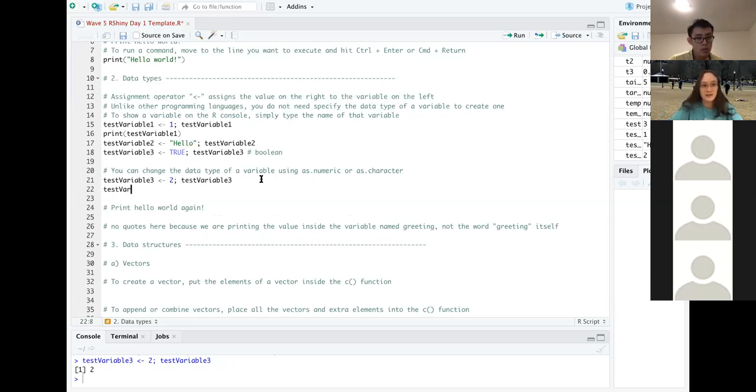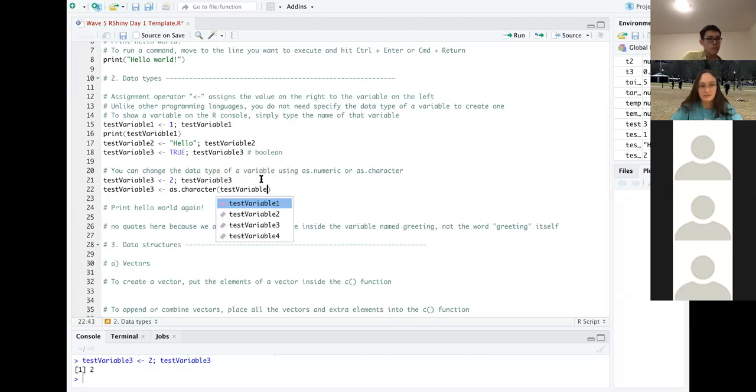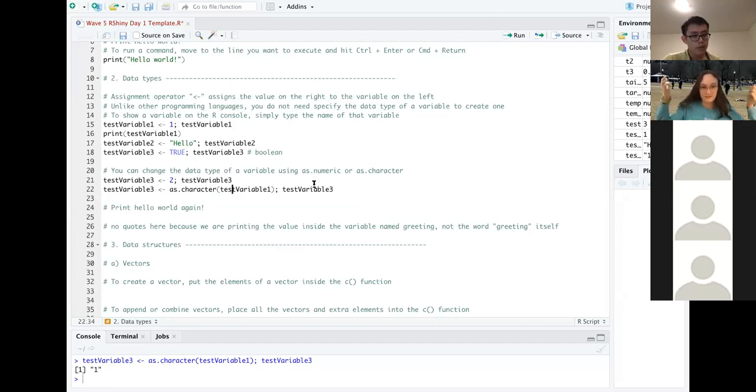So for example, we have test variable 3 is equal to as character variable 1. We print that out. Test variable 1 was 1, right? And if we change that into a character, now it's 1, but with quotes around it. So it's not the number 1 anymore, but rather a string of text with the character 1.